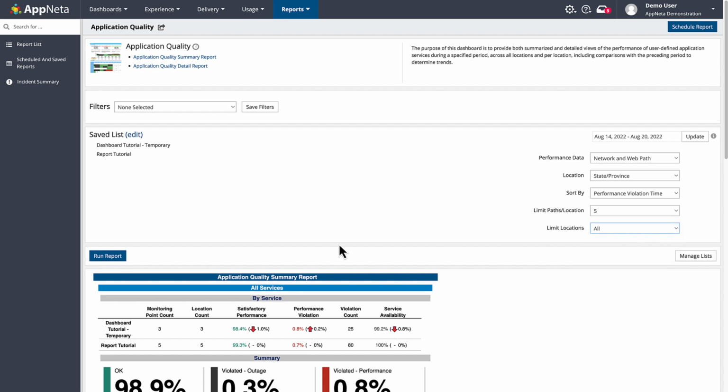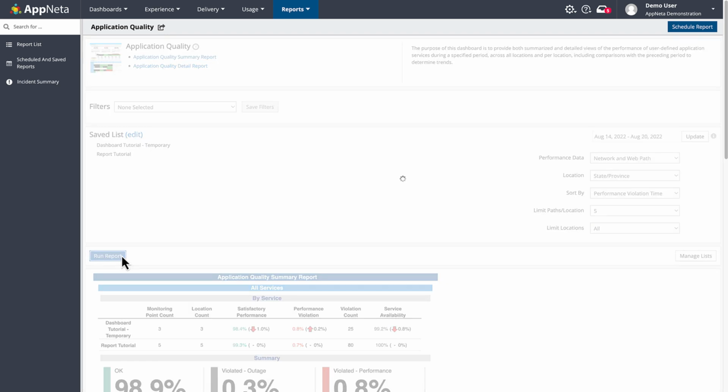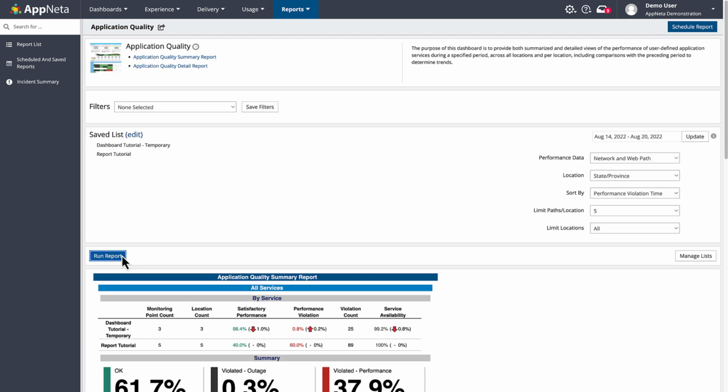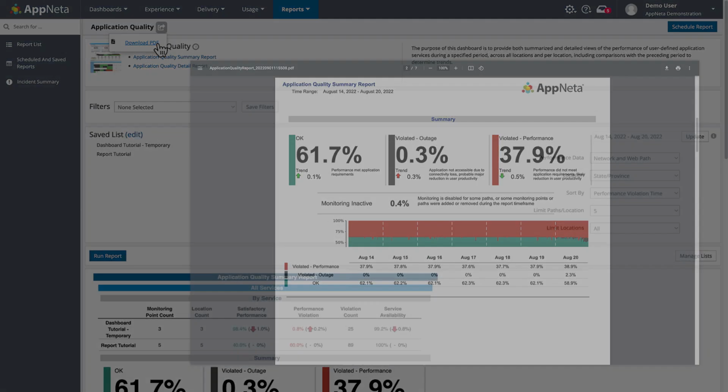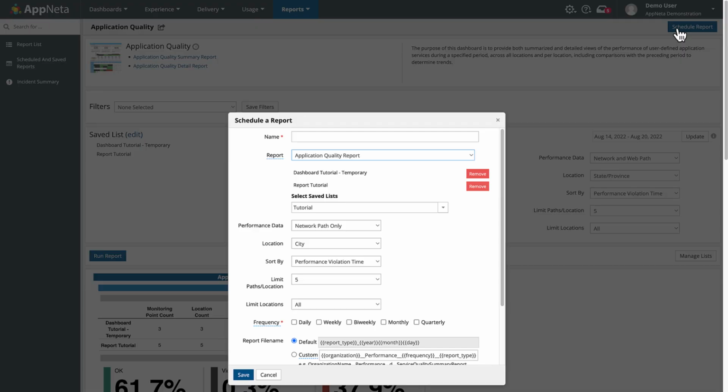Now that I've updated the report settings, I'll run the report, double check it contains the expected data, and then I can download a PDF of the report. I can also schedule the PDF report to be emailed out on a regular basis. I'll give the schedule a meaningful name. I'll double check and adjust any of the settings if needed,